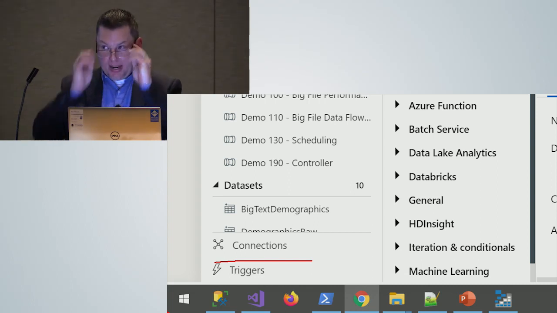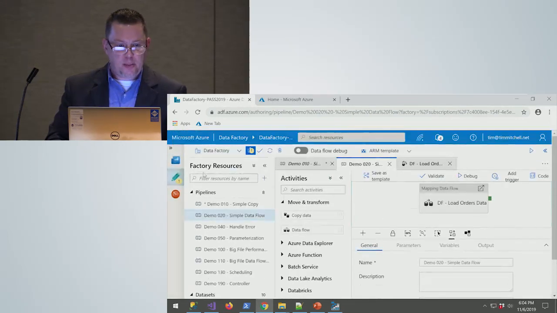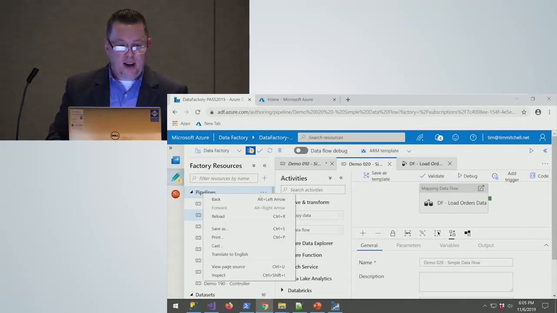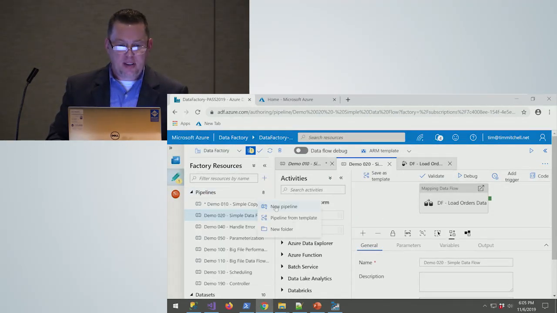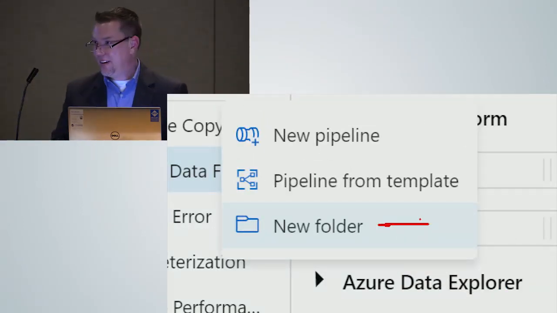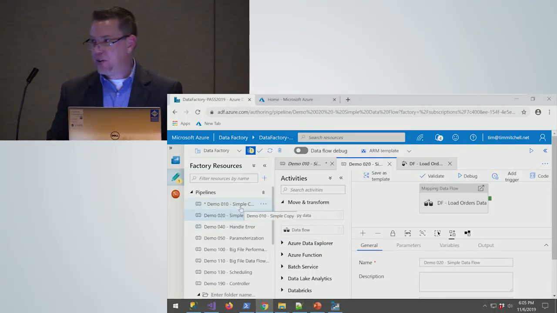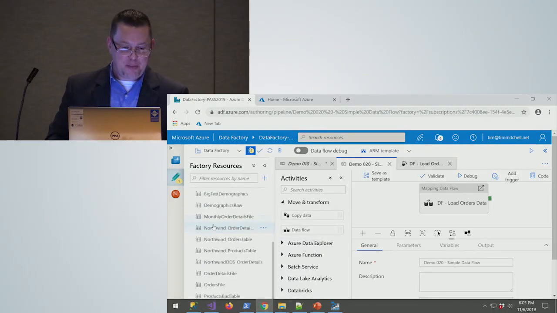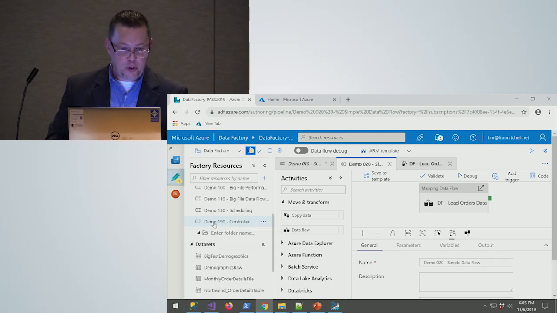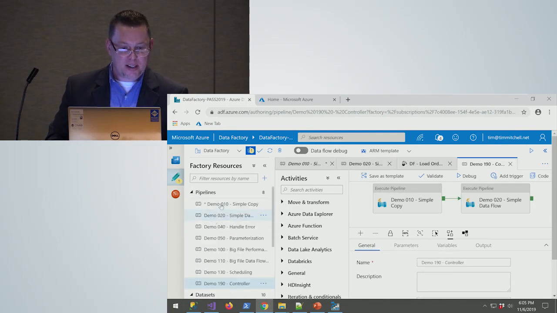The downside right now is that there's not a way. I don't believe they've added folderization on there. Let me make sure I'm not telling you wrong. That's one of the things about using Azure Data Factory. I told you wrong. They have added it, so you can do a new folder now. See, every time I do a demo, I find something new. If you wanted to add a new folder, you can do the folder in here, and then I assume do a right-click and move.